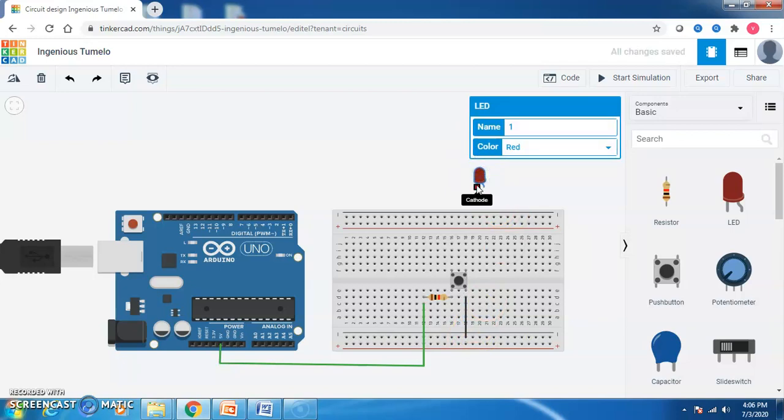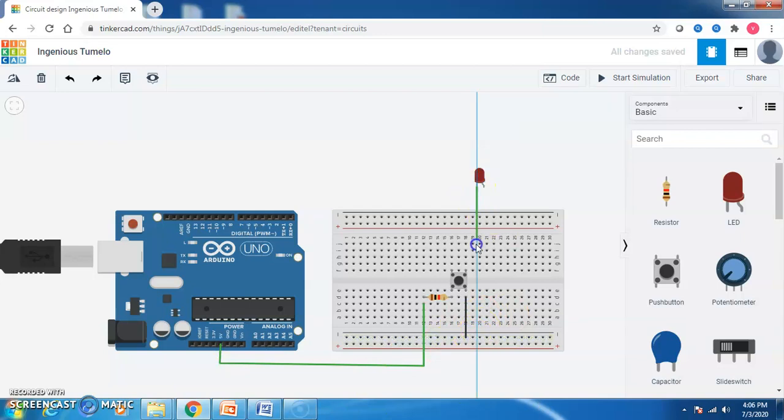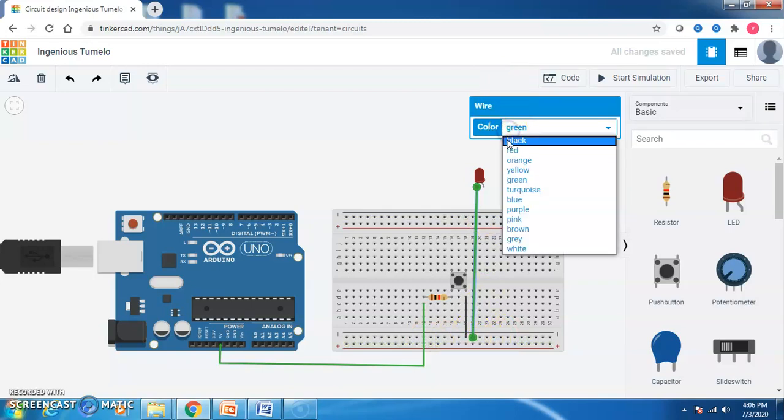Even the LED is going to have two legs. One is the cathode and the other is the anode. And the cathode should connect to ground. So instead of connecting this leg again to ground, I'll be making a common ground connection. I'll be taking the cathode and connecting over here, and I'll be treating this complete horizontal line as a common ground connection. So from here, I'll be changing the color now,